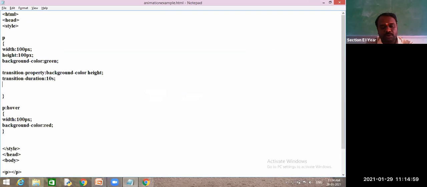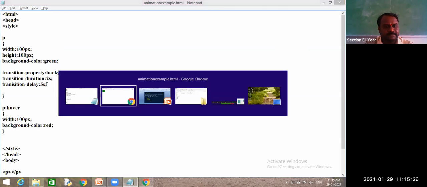After moving your mouse onto this element, after completion of this delay duration, your transition will apply. I will decrease this time to 2 seconds, and I will give 5 seconds to start my transition.